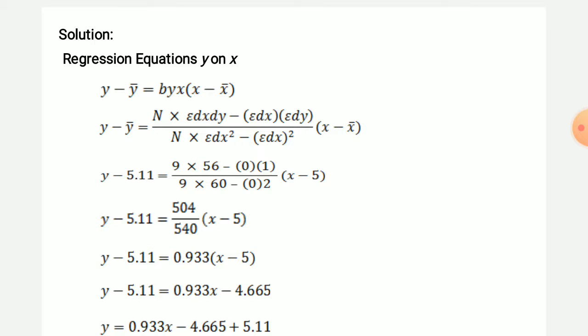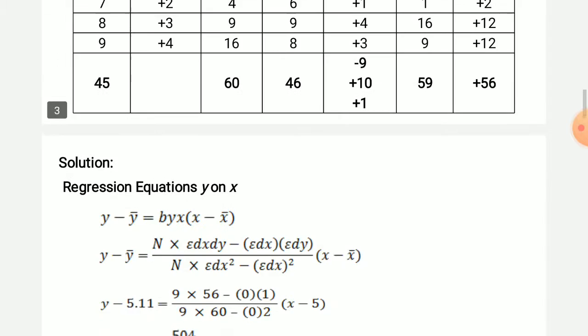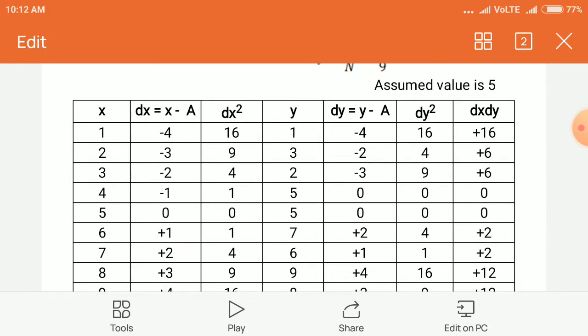So this is the way in which we can calculate regression. We can find the regression equation x on y by applying this type of formula, and we can predict